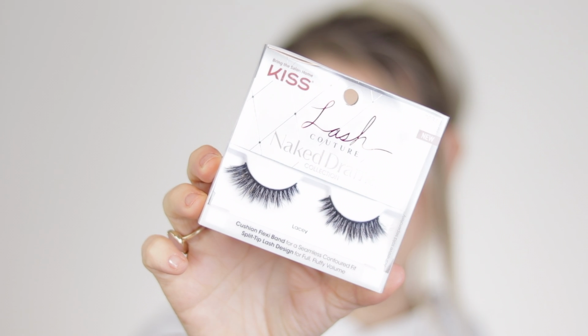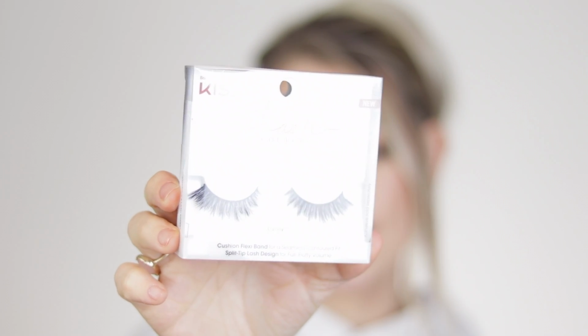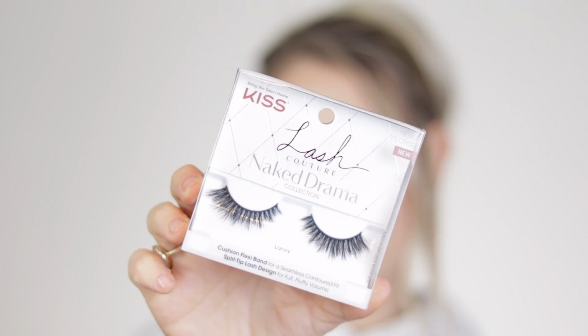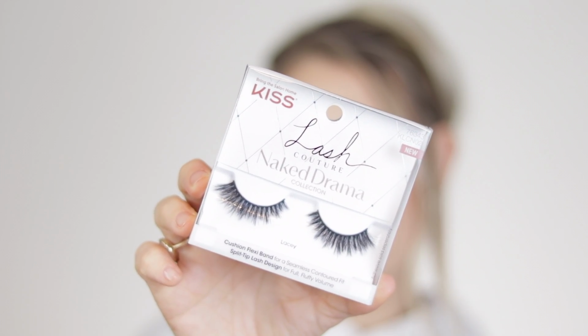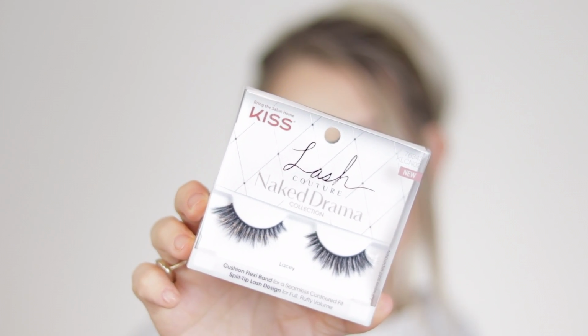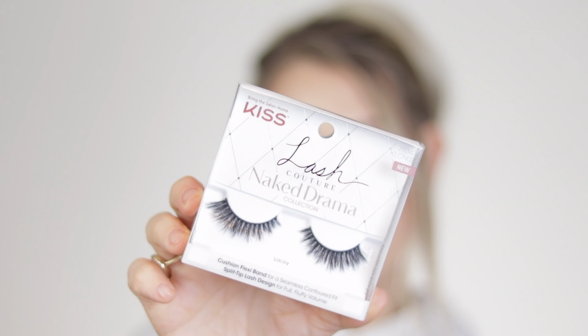So I'm gonna explore a couple more of the Eyelure lashes, but I also picked up the Kiss Lash Couture in the style Lacy. That is what they look like, and typically, like I said, I'm not somebody who loves a cat eye shape, but I'm thinking I'm gonna cut down the lash, of course, because they're going to be too long, and then I'm going to try to cut down the height of the outer corner as well. So I'll let you know how that goes, but I've never tried the Kiss Naked Drama Collection,